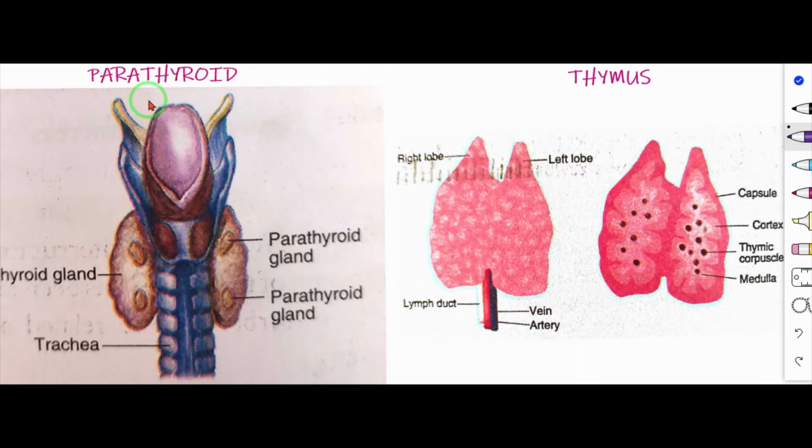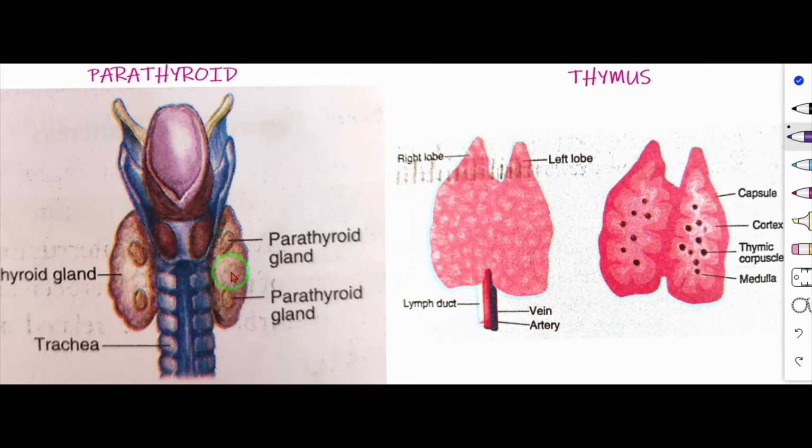Now let's see parathyroid gland. The parathyroid glands are 4 small oval bodies that are situated on the posterior surface of the thyroid lobes. So this is thyroid lobes, the right lobe and the left lobe. So here inside of the thyroid gland, the oval bodies are present. This one, here and here. These are the 4 small oval bodies: 1, 2, 3, 4. Those oval bodies are known as parathyroid gland.